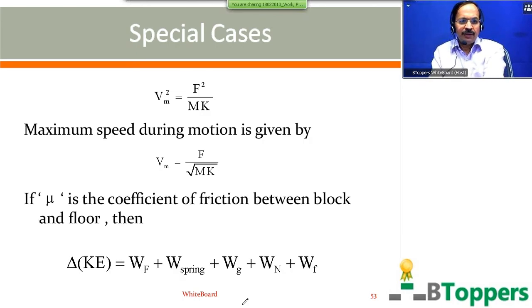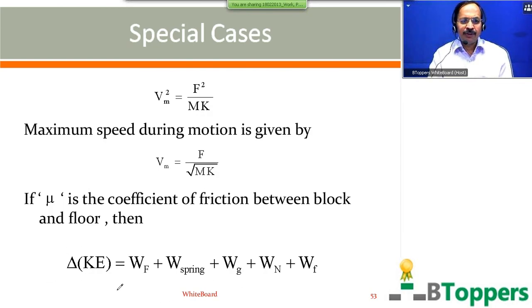The coefficient of friction between the block and the floor is constant, denoted by nu. In that case, again we start the calculation from the beginning, assuming that the block is initially at rest, with the spring initially unstretched, having natural length L0, and a constant force F is applied on the block towards the right. Same case we are discussing when the floor is not smooth, with the coefficient of friction between the block and the floor constant, denoted by nu.